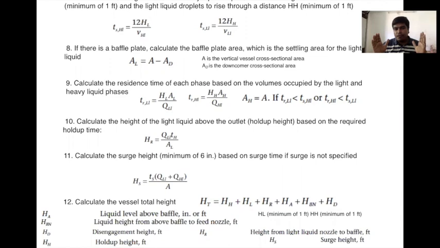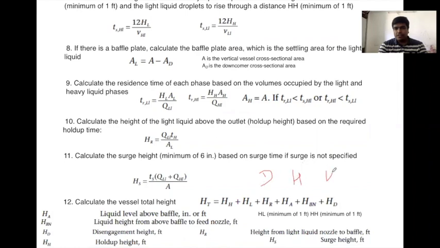So we have now known the diameter of the horizontal separator and the height of the horizontal separator. These two things are known, but one thing is missing: as per the design criteria, the H by D ratio is around 1.5 to 6, right? So now you have to calculate the H by D ratio. So let me pen down here. You have to find, now D is known, H is known, right?